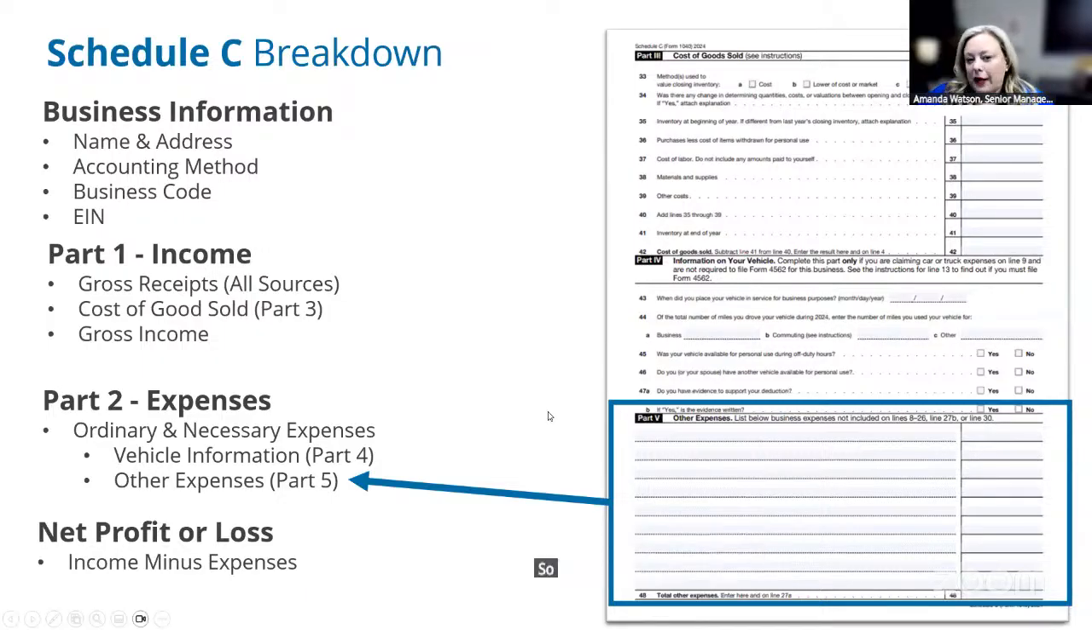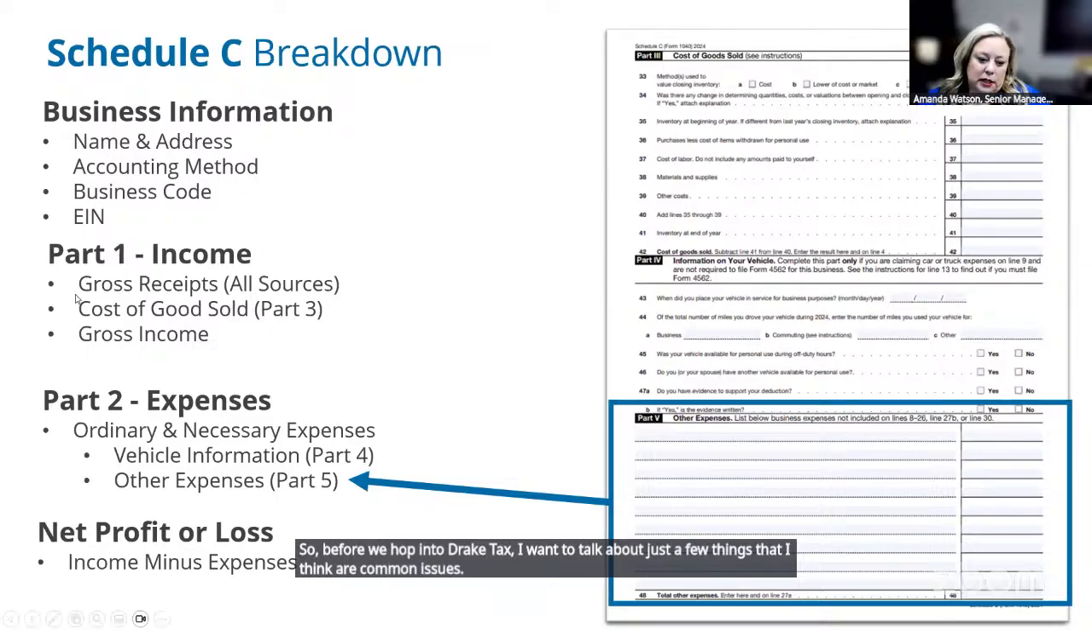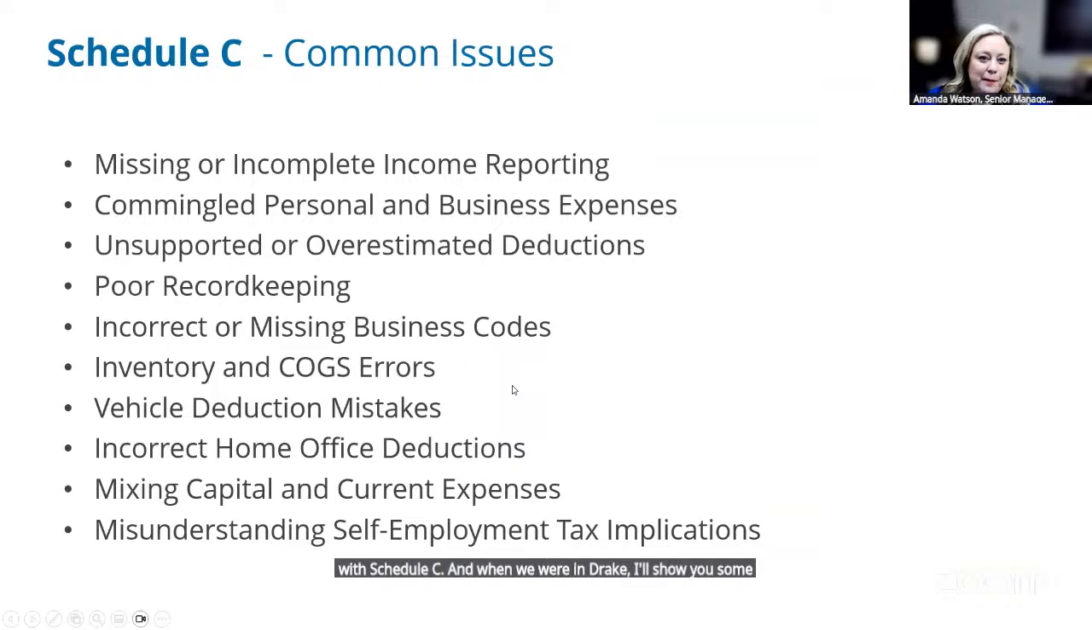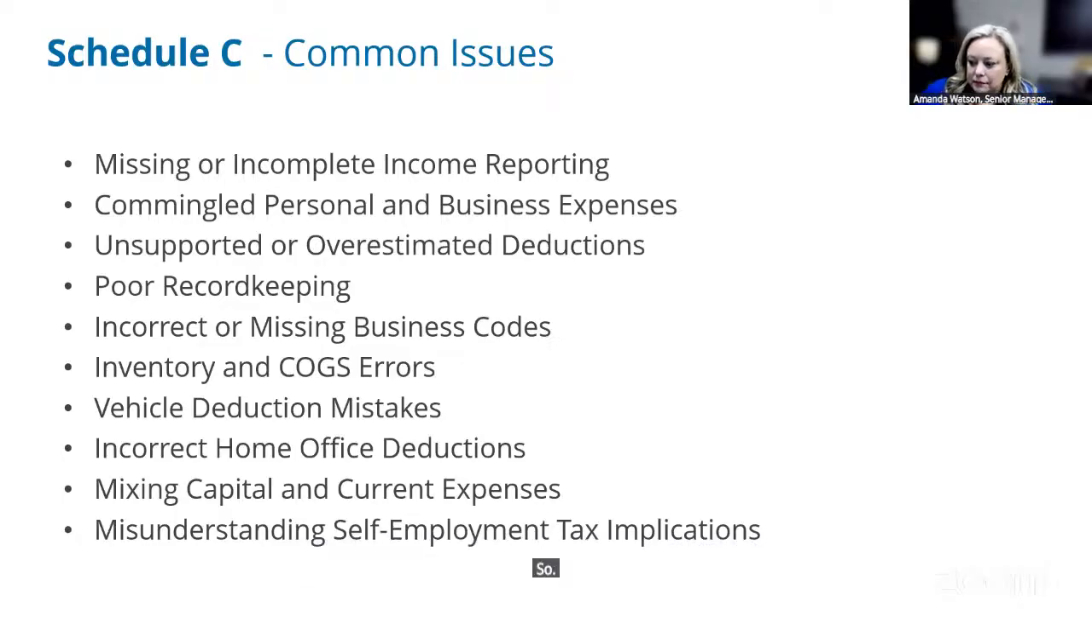So before we hop into Drake Tax, I want to talk about just a few things that I think are common issues with Schedule C. And when we are in Drake, I'll show you some tips about how to avoid these or ways to make sure that you are thinking about them as you go forward. So Schedule C issues generally come down to income. These items I've listed here. One of the top